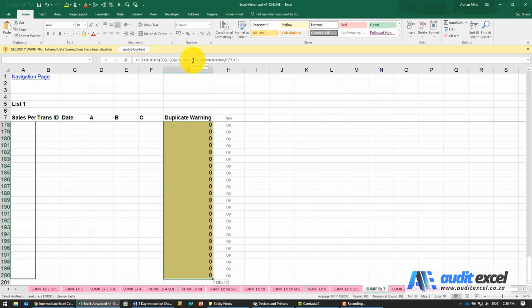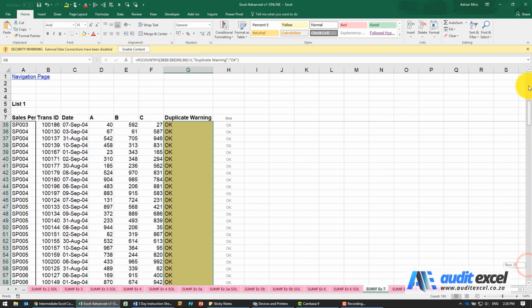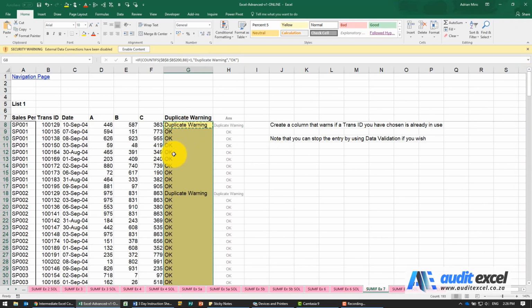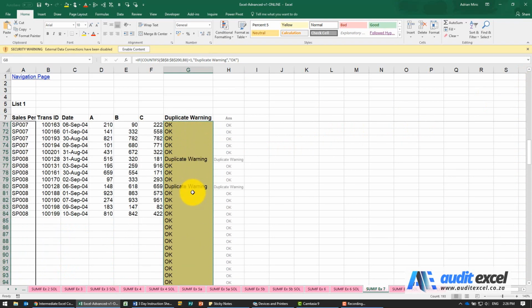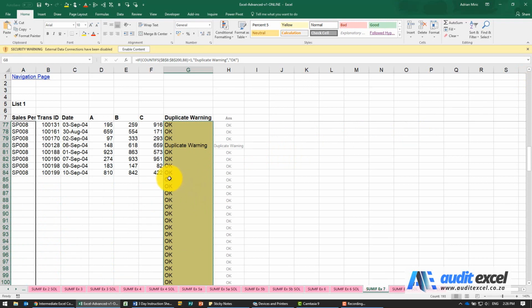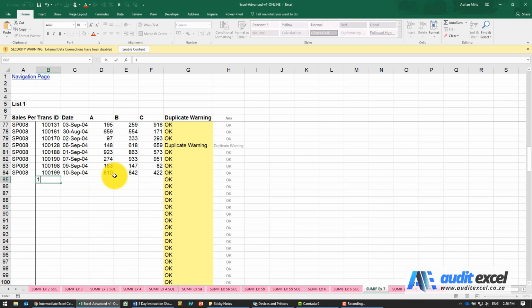So when I copy it and paste it all the way down, you'll see it tells us duplicate warning and OK. Now because of the way we set it up, when there are zeros, it also says OK, which makes sense. And only if someone comes here and types, for example, that number, will we get a new warning. If you had used, for example, is it equal to 1, then the risk is that the zeros would then give a warning. So you just have to think a little bit carefully about how you set up the IF function.